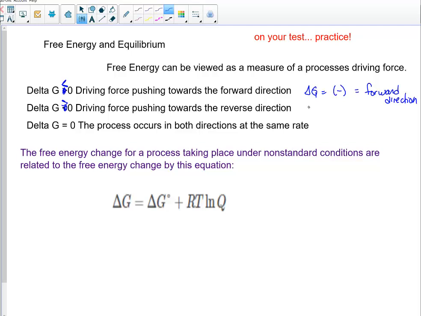Delta G is positive. We know that the driving force is pushing us in the reverse direction. And if it's at 0, they're occurring at the same rate. We can show free energy and equilibrium related to one another in a non-standard condition with the following equation. If we're asked to solve for delta G at non-standard states,